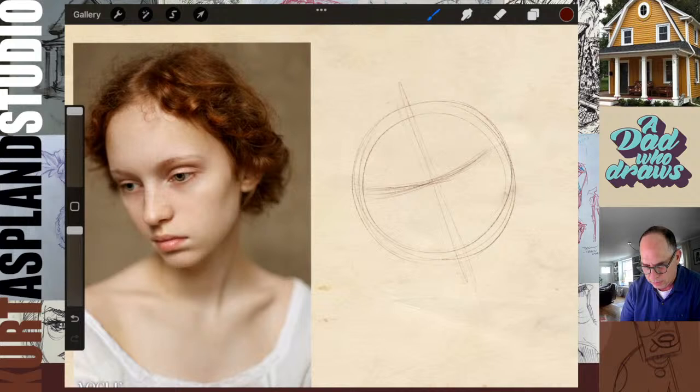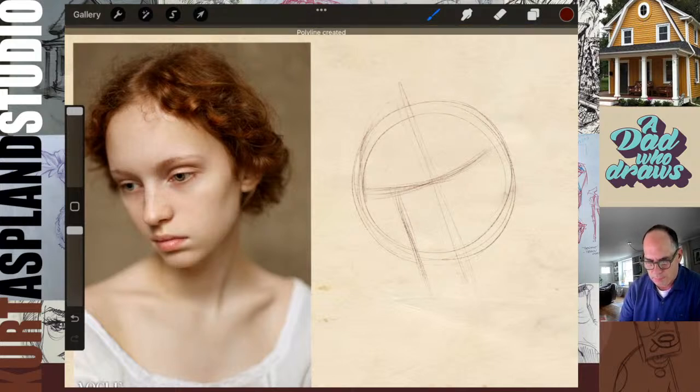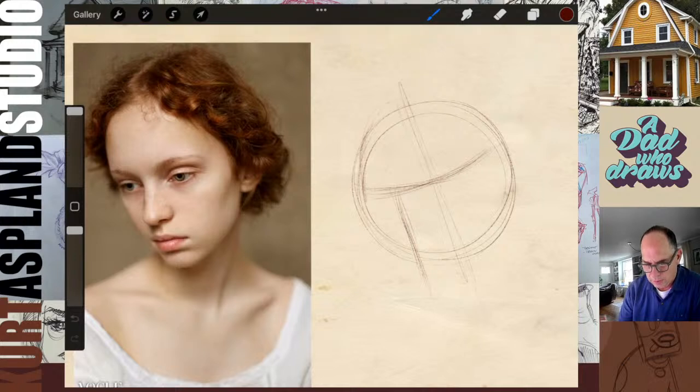Let's get the placement of our center line. It's going to be, I think, roughly about there. Actually, I'm going to move mine over just a little bit more, I think. Okay. Let's get this, look at this now. Look at this temple, it's really far from that center line.